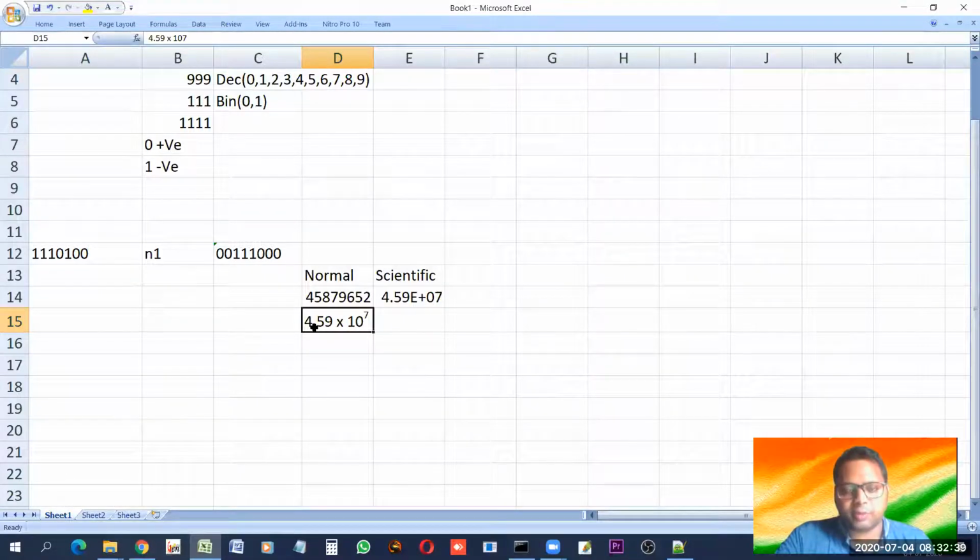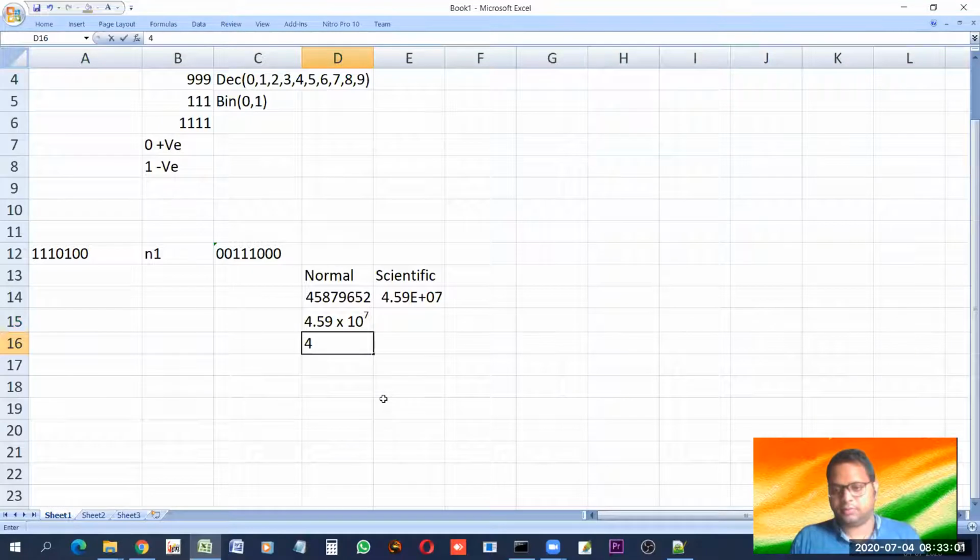So before the decimal point, how many digits do we have? We have only one digit, that is 4. There may be more digits, but right now in this case we have one. This 7 indicates that when the decimal is removed from here, there must be 7 digits in total.